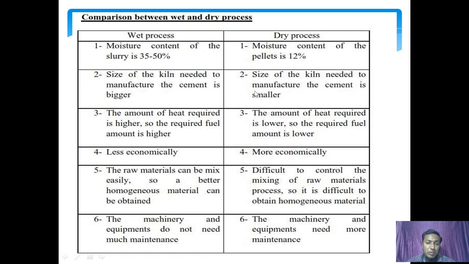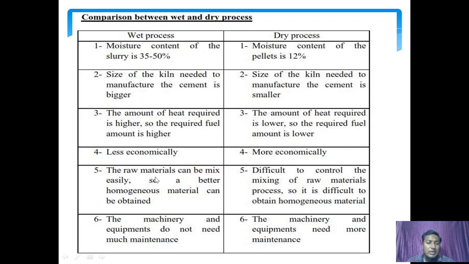The amount of heat required is higher in the wet process because the moisture content is large, so the fuel requirement is more, and in the dry process the heat required is low because the moisture content is less. That's why the wet process is economical and the dry process is more economical.